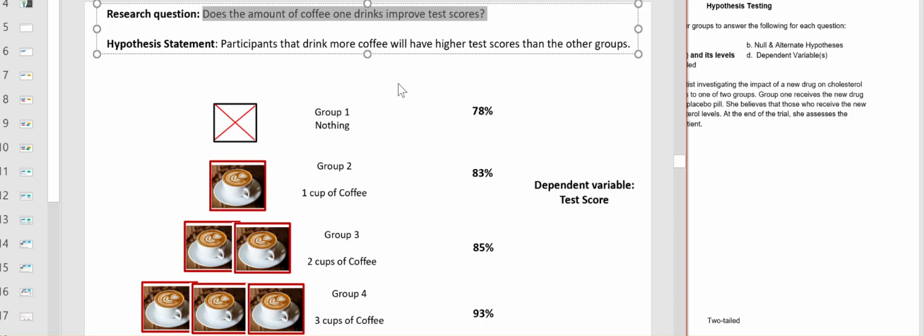And so we have, in this case, group 1 receives nothing at all. Group 2 receives one cup of coffee. Group 3 receives 2 cups of coffee. And group 4 receives 3 cups of coffee. And what we're doing is measuring their test score. And my hypothesis, what I am predicting to happen, is participants that drink more coffee will have higher test scores